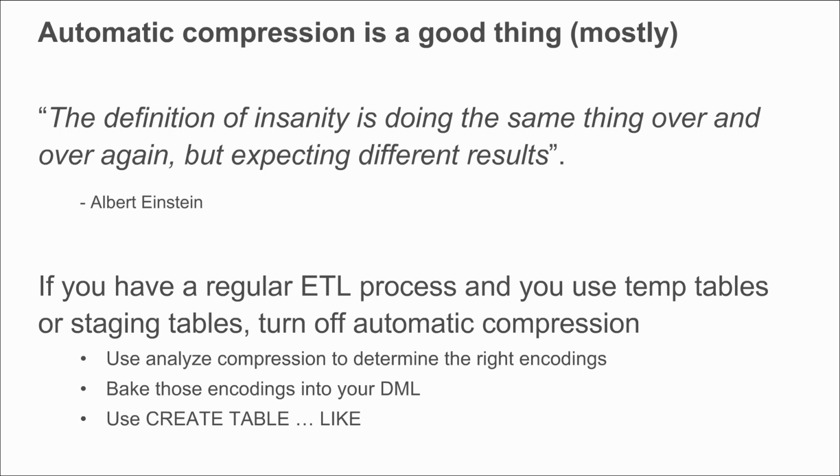So for automatic compression analysis, what happens is we sample a subset of rows and brute force the optimal encoding by compressing the data in every possible way, one column at a time, and then comparing sizes and making a recommendation based on which encoding allowed the data to be compressed to the fewest number of blocks. This process is very expensive and increases in duration as the number of columns in your table increases. So it should be considered more as an ease of use feature and not something that's occurring regularly as part